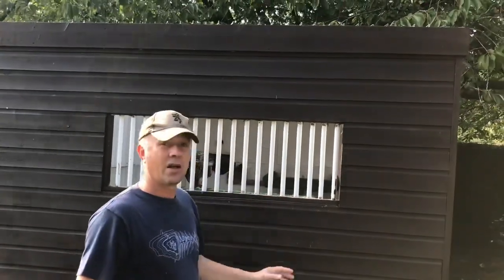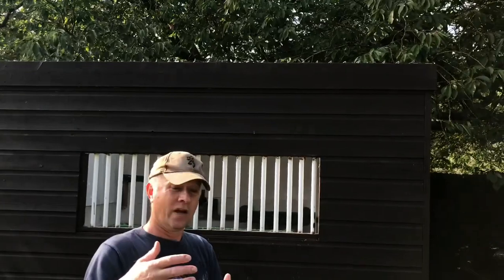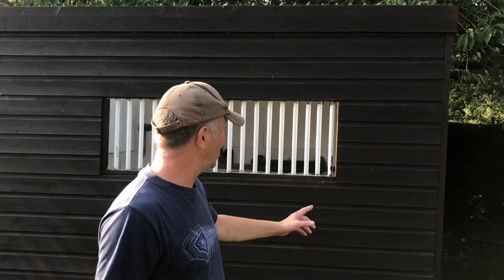These bars mean the bird won't fly at the front when it sees you. You've trained it, don't forget. You've conditioned it to realise that the best place to be in its whole life is with you, out hunting. So as soon as you walk down your garden, it flies to the front. It wants to be with you, catch your attention. It grabs hold of the wire mesh with its feet, and its primary feathers, its beautiful tail feathers, all go through the mesh. It's scrabbling around, and it damages and destroys those important, beautiful flying feathers. It doesn't work if you use bars, because when the bird lands on the bars, it just slides down,